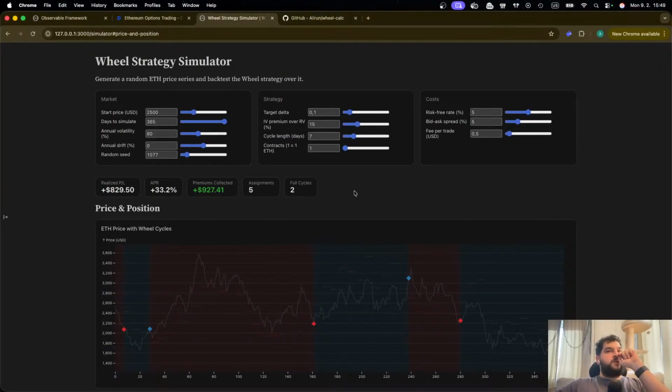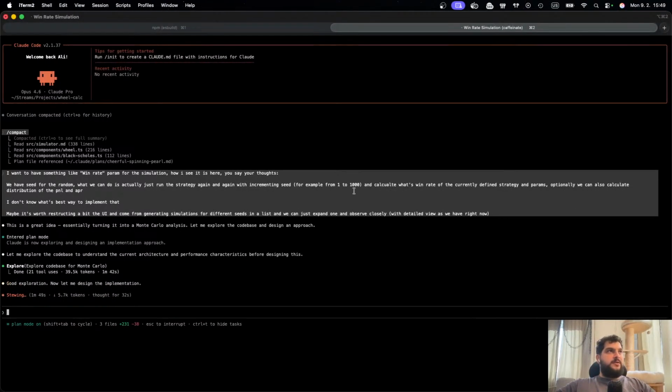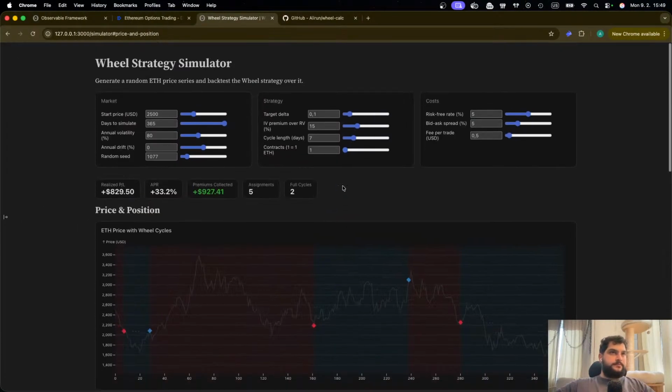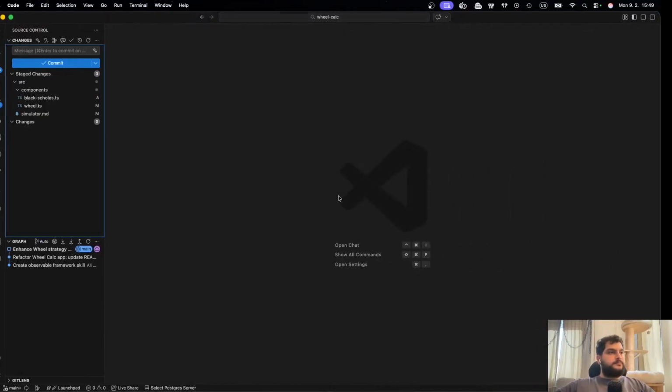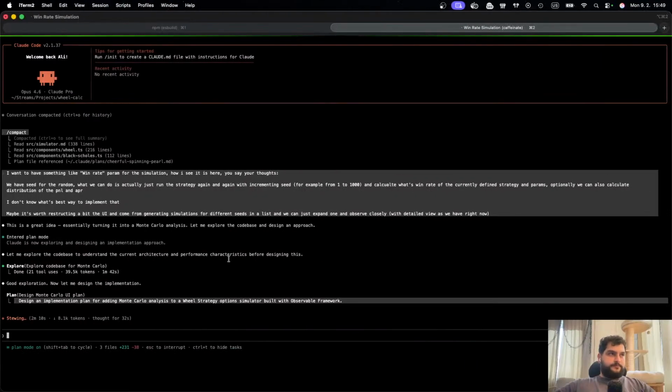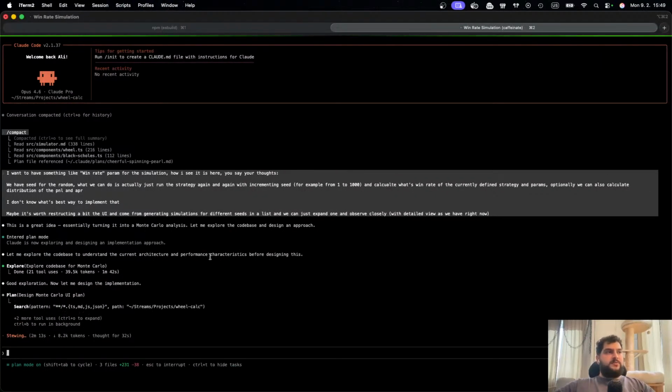Also, this is probably the moment when we can test it on a real chart, backtested on the real price of Ethereum. Or at least we can have an abstraction for the strategy simulation, so we can enter different modes like random and backtesting, because backtesting could also be done on different charts, right? So we need some optionality here as well.